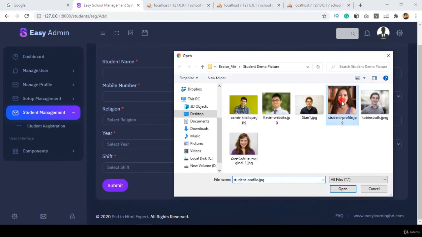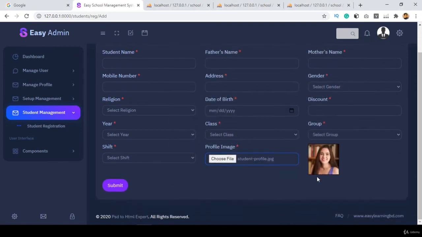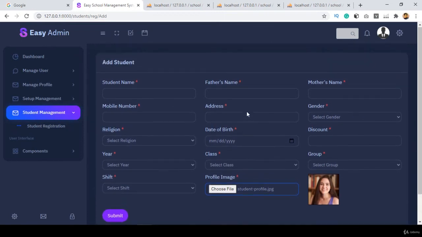If you choose any other, perfectly loaded, right? That means our JavaScript is now working. So now friend, that's all I hope for our student registration. Okay, that means this add student registration, if I want to add all that our field data, so that have